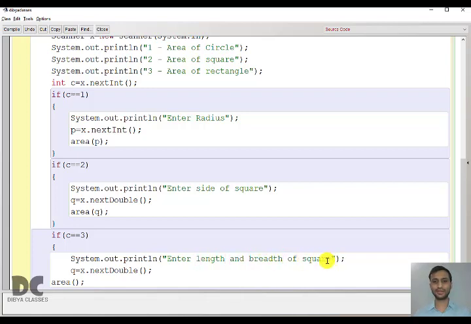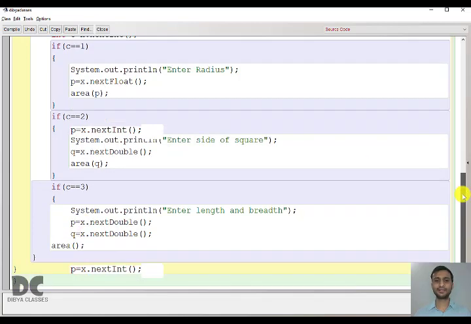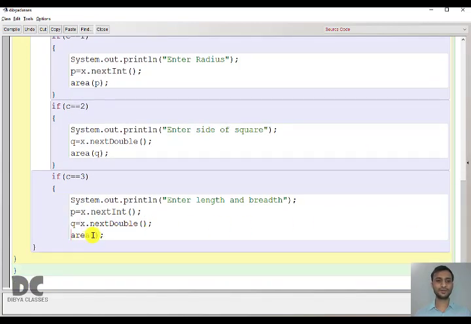It will have 2 values, right? So we'll ask for 2 inputs. Let one be p and another be q. Clear? And this time we'll be sending 2 values, because to calculate the area of a rectangle we need 2 values, right?